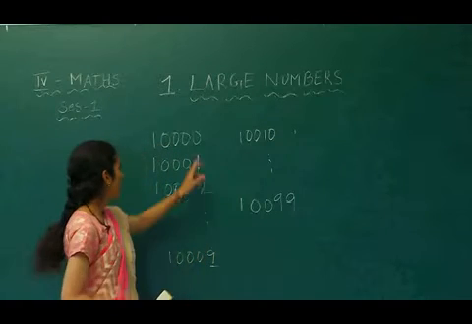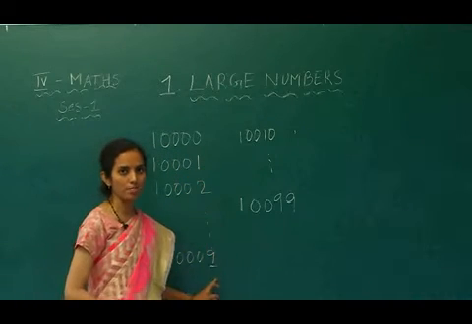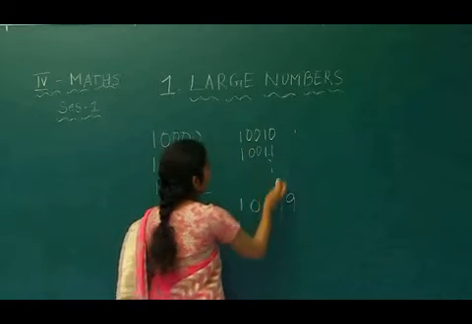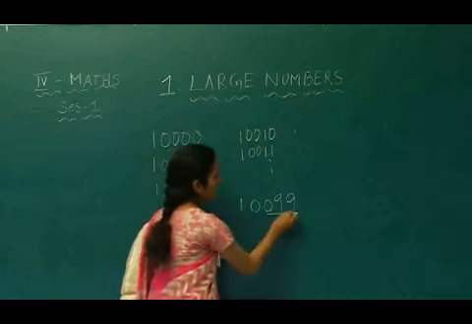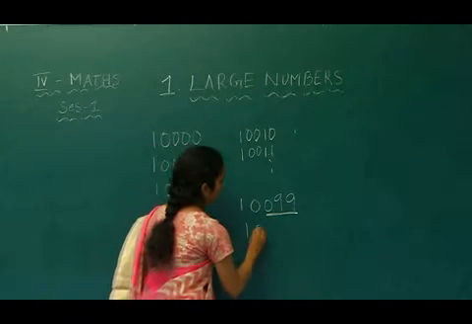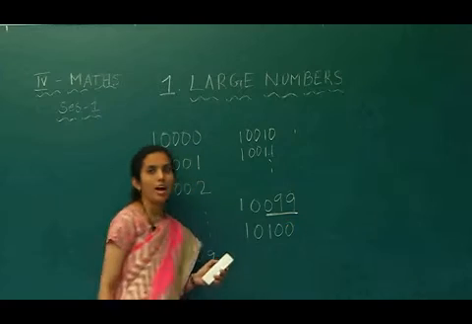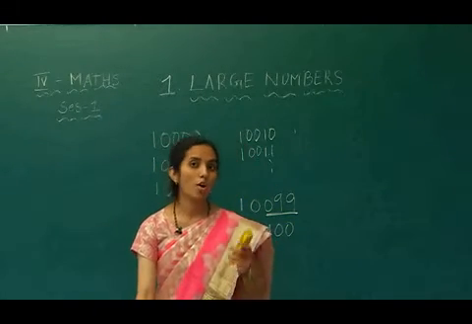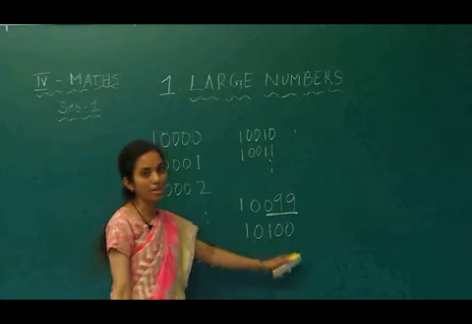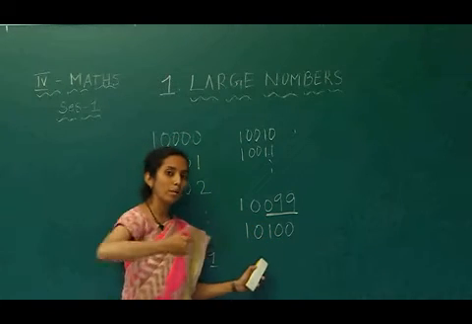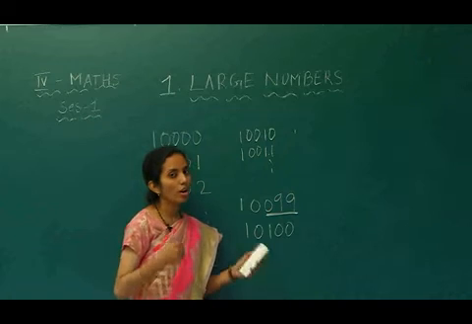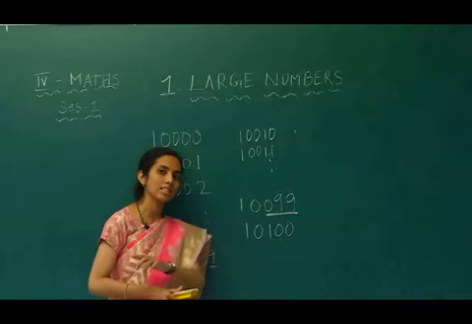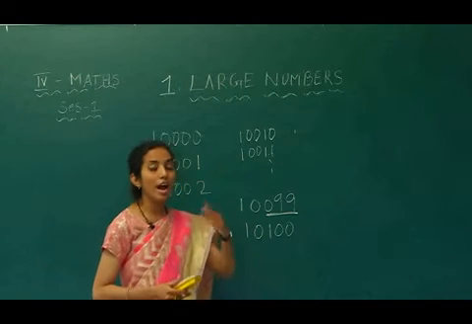So how do you write 10,100? So far, for 1-digit numbers we have replaced the ones place, for 2-digit numbers we have replaced the last 2 digits, and for 3-digit numbers we have to replace these 3 digits. That is 10,100. In this manner we can write numbers up to 20,000. How do you write 20,000? After 10,100, you can write numbers till 200. Let us increase the numbers by 100. That is 200, 300, 400, 500, 600, 700, 800 and 900.